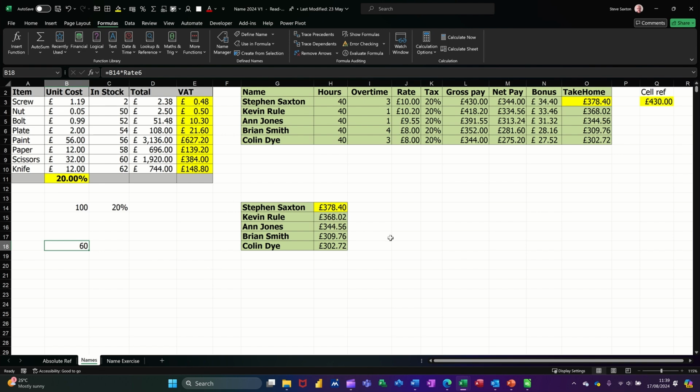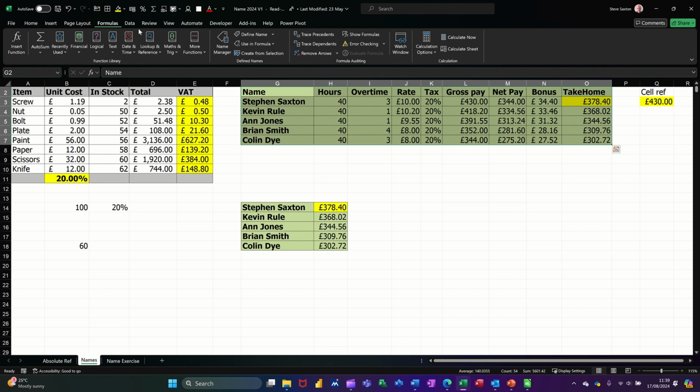Now moving it on to what I consider to be the best part of naming either cells or ranges, which is when you name a list. So in this green table, I have highlighted all the 40s and called them as a group, or a range, hours. Individually, they're not called anything, they're just the cell references, but as a group, they're called hours. Overtime's called overtime, rate's called rate, etc. Now, I didn't physically type that in one at a time. I did this. I highlighted the whole table,